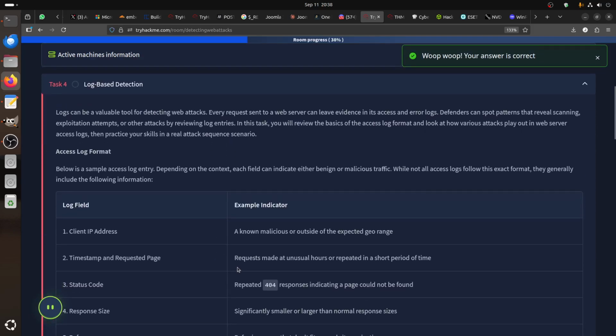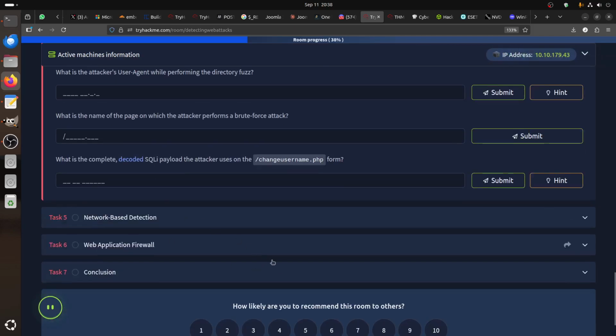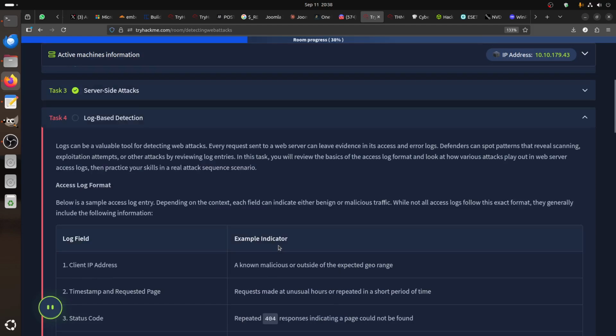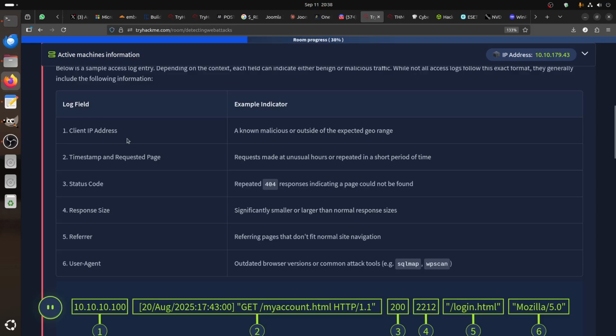Now we start practicing log-based detection. Yeah, we are practicing. Logs can be a valuable tool for detecting web attacks. Every request sent to a web server can leave evidence in its access and error logs. So basically, the logs are very important. You have the client IP address, whether it's malicious or outside, the date and time, the request type and requested page, and the status code: 404 not found, 200, 302 for redirect. Response size is very important because a response significantly smaller or larger than normal is suspicious. Usually we use it with